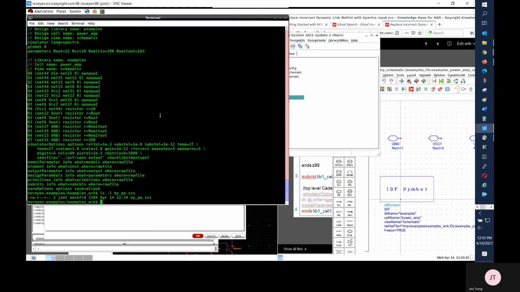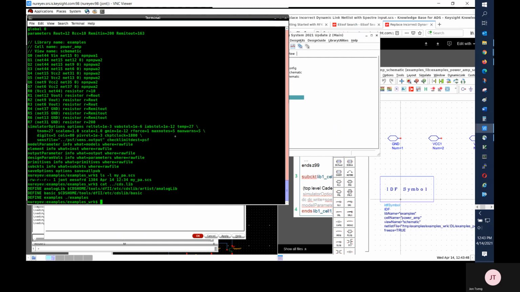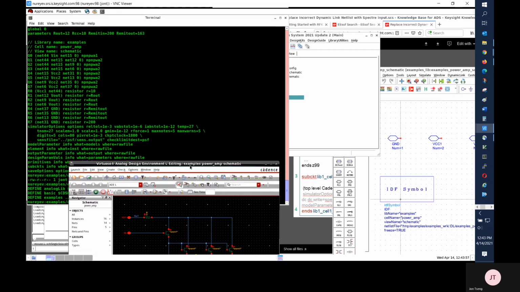I'm looking up the Cadence cds.lib file for the location of the Cadence library in the file system. The library name is examples and its directory is examples, right under the examples directory.